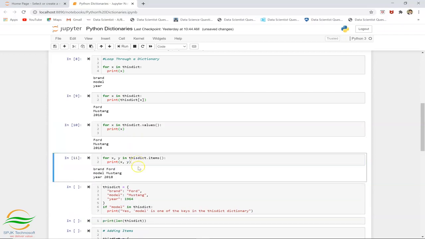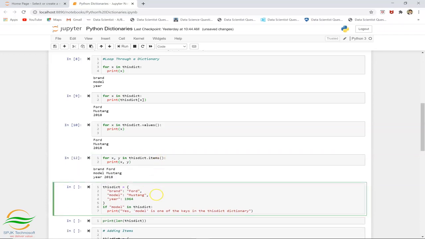Same, if we want to see both the values as well as the keys, we can use the for loop, where we are taking x and y as two variables and we are trying to put all the items which contain both key and values, and we are printing both keys as well as values. We are getting the values.